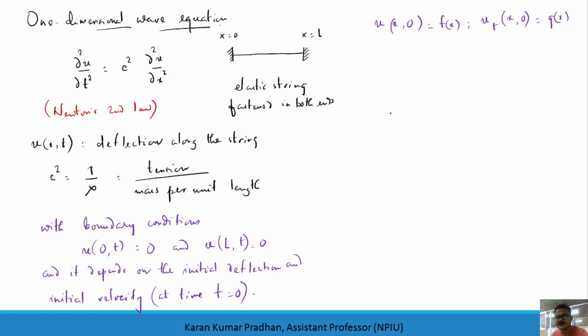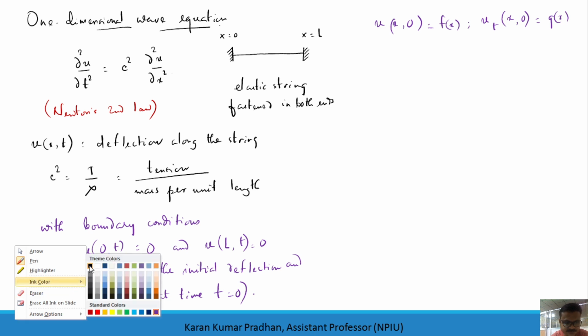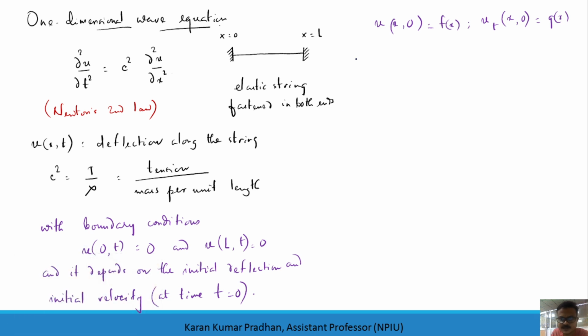Now, what is the method of separation of variables? I will explain it now. This is a very prominent way to solve the three kinds of equations we have taken. First, you have to consider this u, which is a function of x and t, as the product of two different functions.